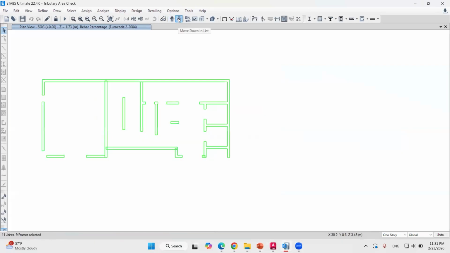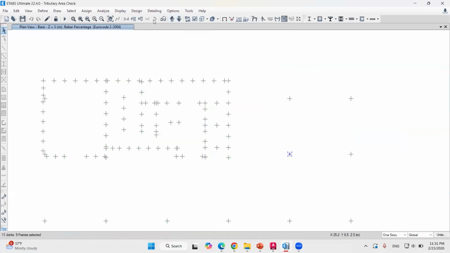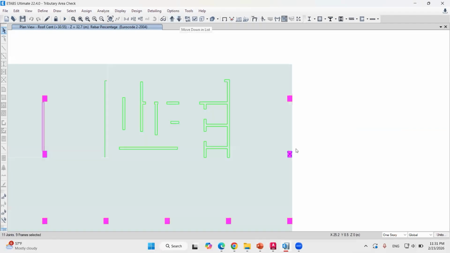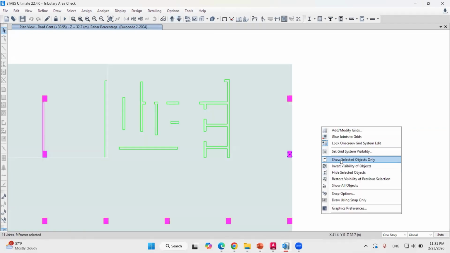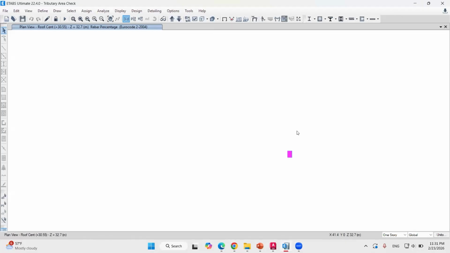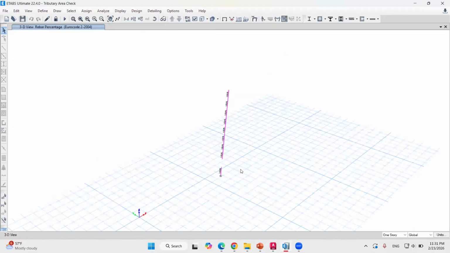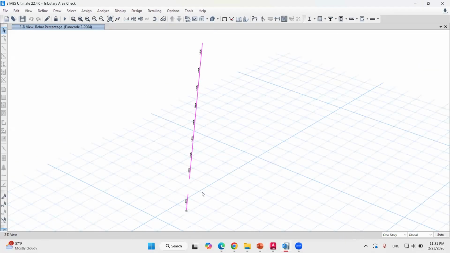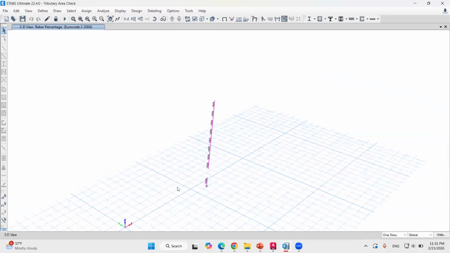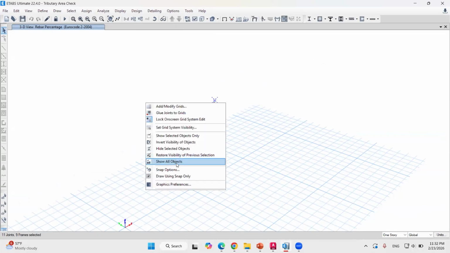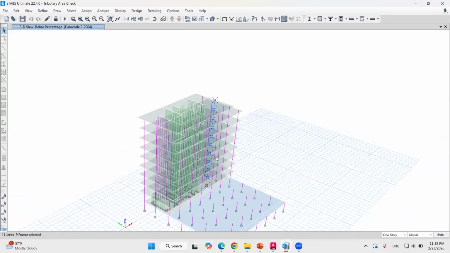We make sure that the column is selected in all the floors. This is the joint. Okay, and we show selected objects only. Then we check the column in 3D. As we can see, there's one of the columns which is not selected. So what we do is that we select this again, and then we show all objects, and then we go